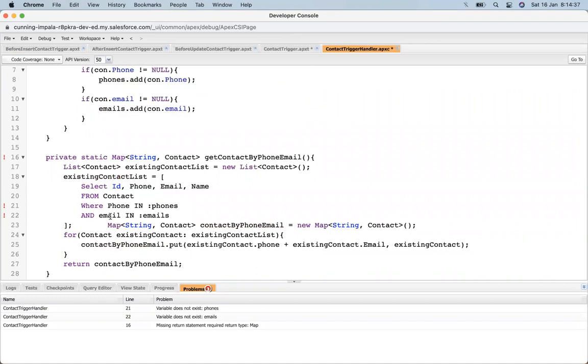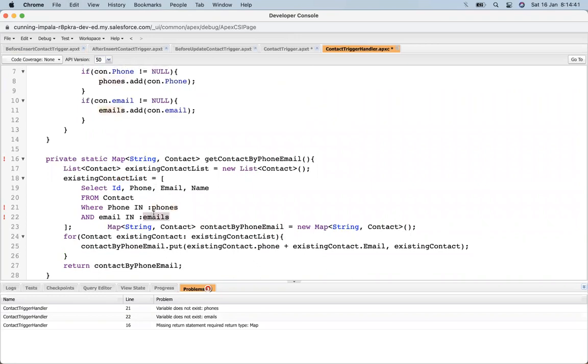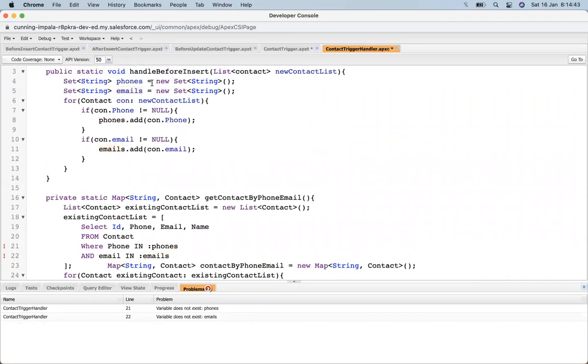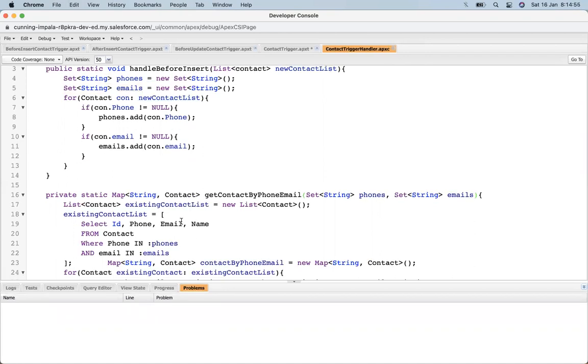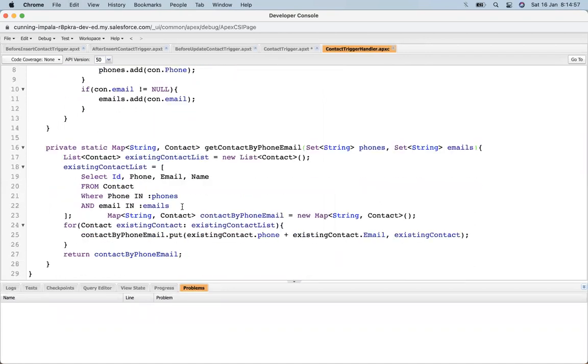And this requires the phone and email as sets that need to be added, so let's make them parameters. Okay, now it's saved.